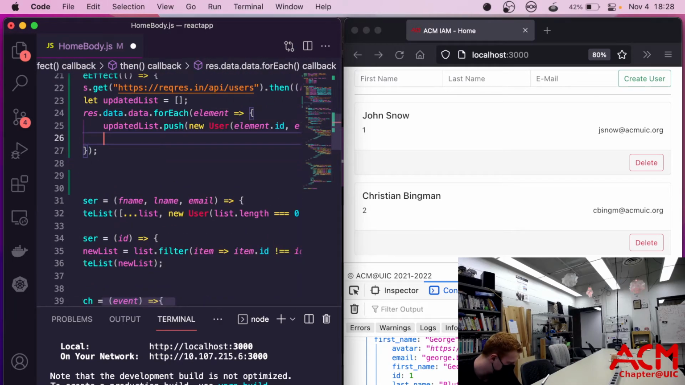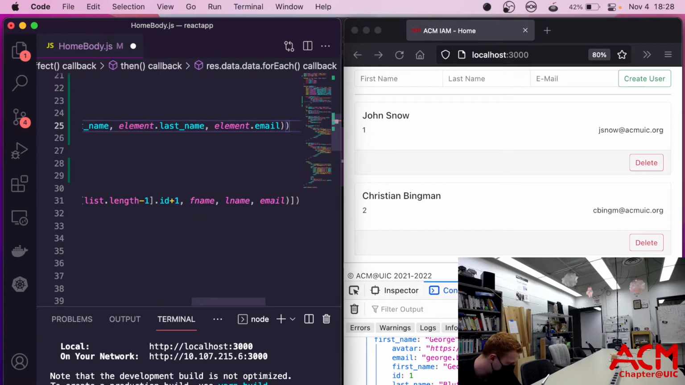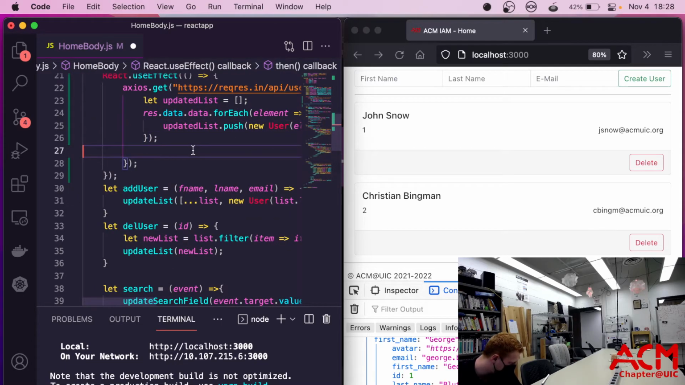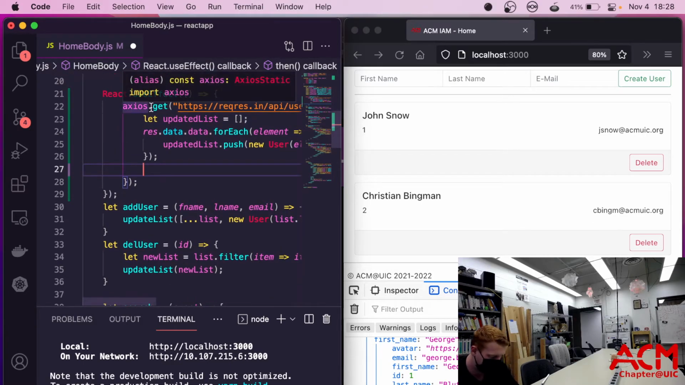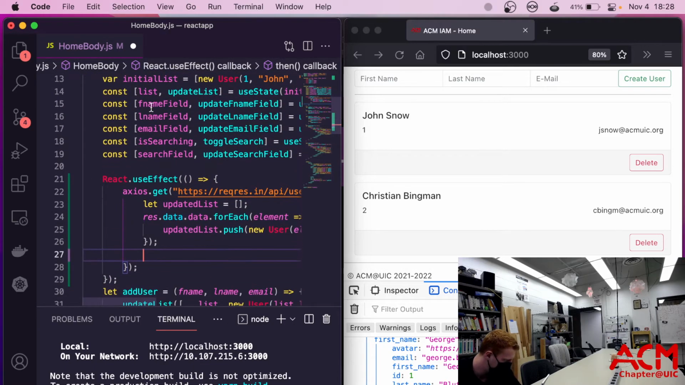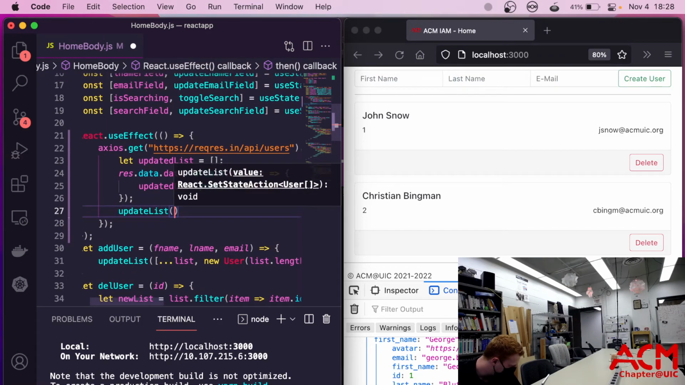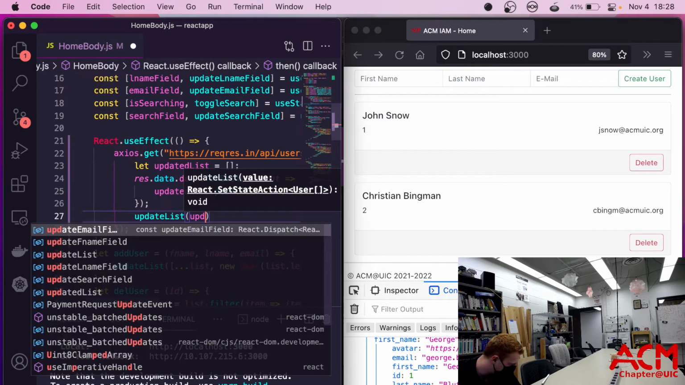And then once we're done with that, we can call our update list inside of here. Or not inside of here. We still want to do this inside of the promise because we're only going to be updating this whenever we actually get the data back. So if I was to put update list with the updated list